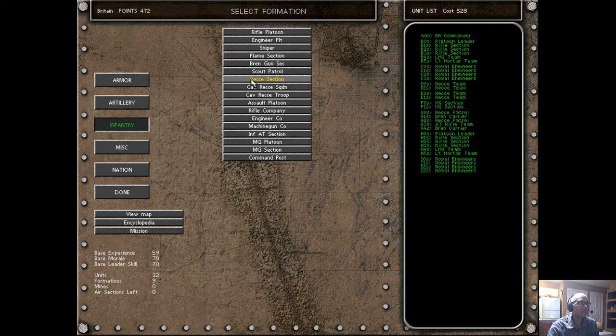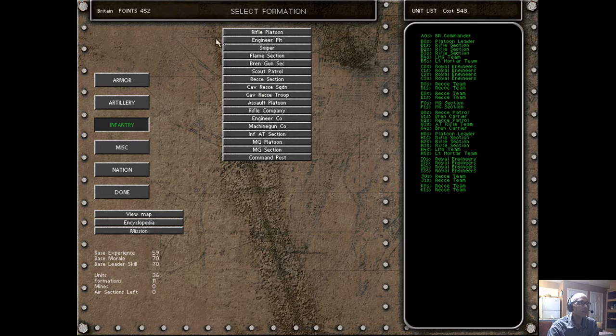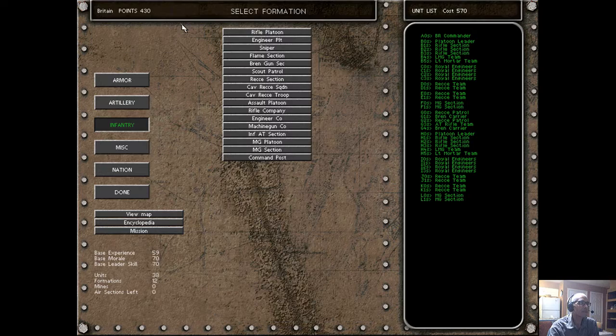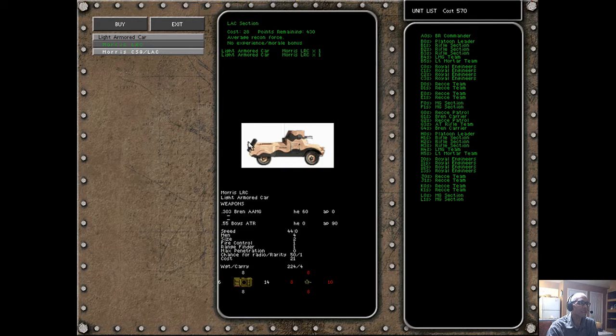Okay, so scouts. 2-man scouts for these. MG section. Yep, go with the Lewis. We're down to 430 points already. Okay, so now I said these were going to be, I'm actually going to go with that section in the miscellaneous. The LAC section is the Mars LRC. So I'm with a 33 Bren AMG, which means it probably has a pretty decent range. And a Boys tank rifle,